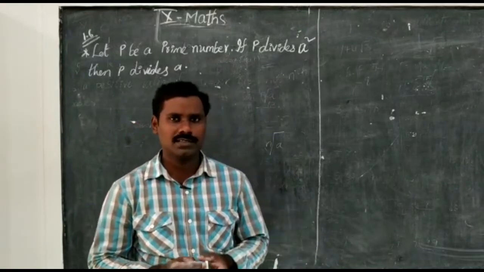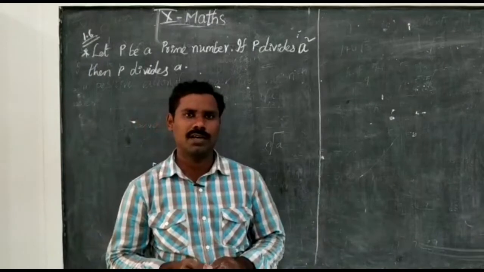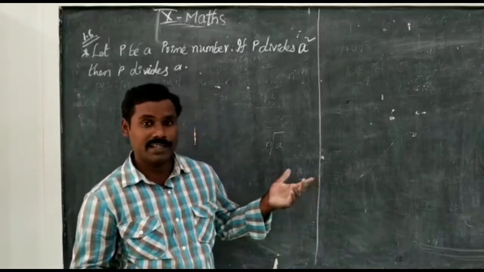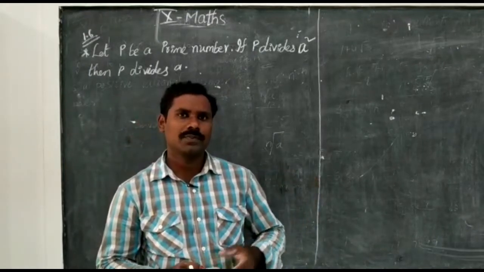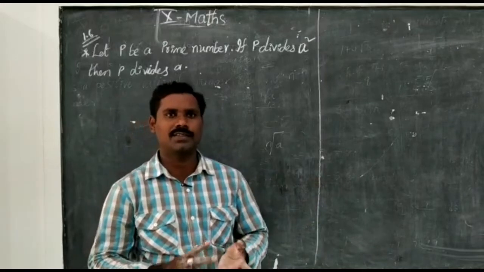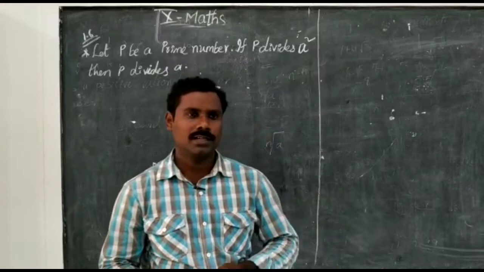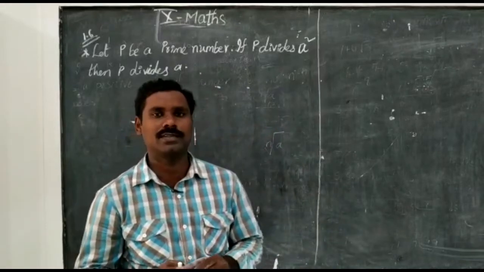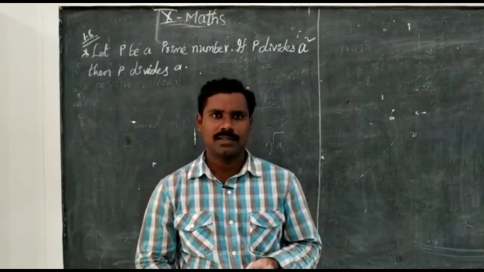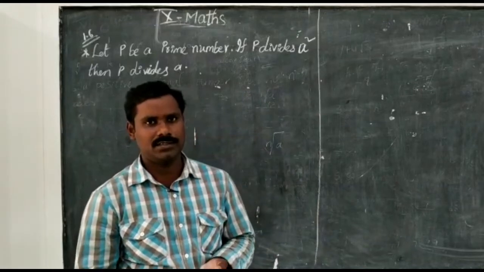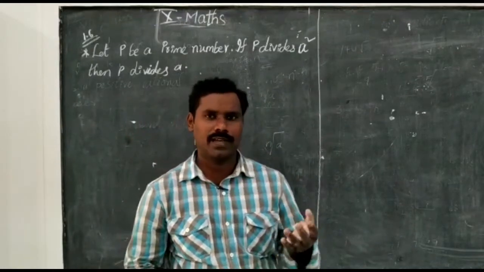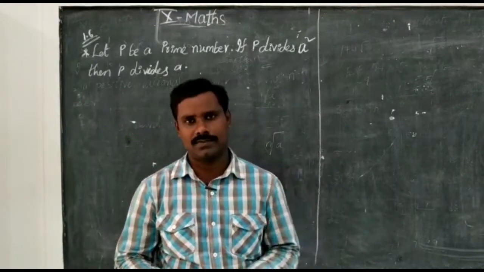Using this division lemma, we are finding HCF and also odd numbers, squaring and cubing. Everyone should practice these problems, very important. Now in exercise 2 we are going to find LCM and HCF by the prime factorization method. How to find the prime factorization, we know from the 8th class onwards.